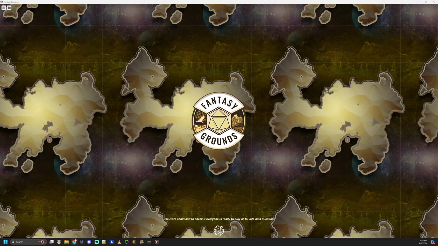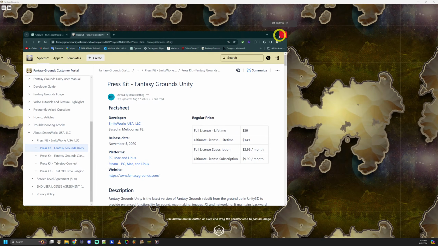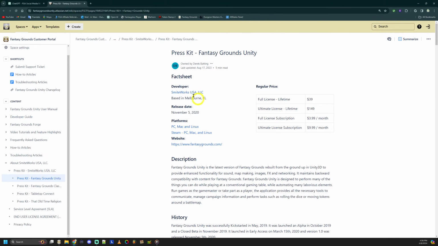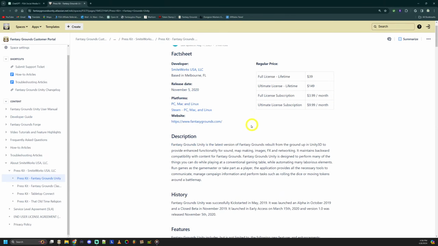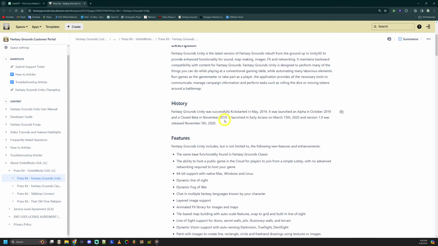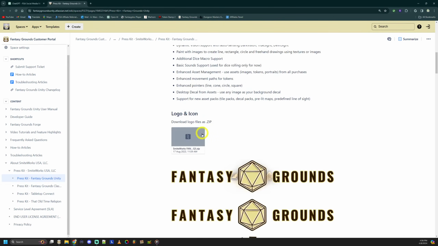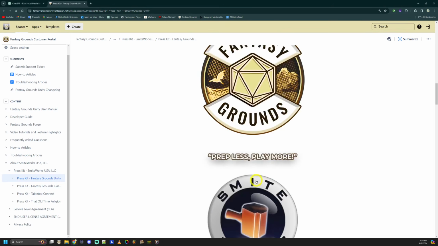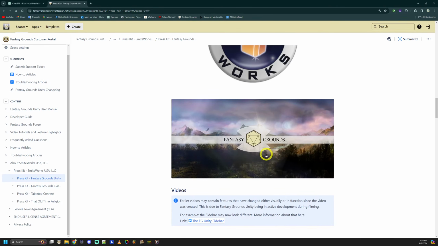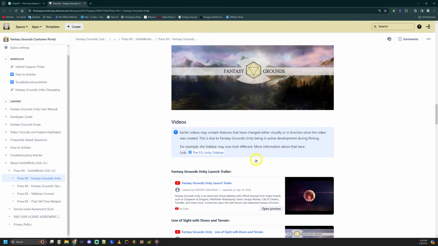So if you didn't know that, there is a press kit online that is offered through the Atlassian, which is the official Fantasy Grounds press kit. So it's not too old. I think Brad updated it last year. This gives you all the social media type stuff, a little bit of history, talks about the features of Fantasy Grounds, and then you have all these logos that are available. So you can actually download these and use these for your